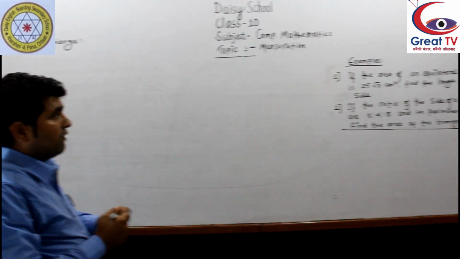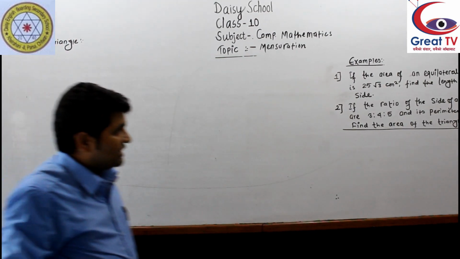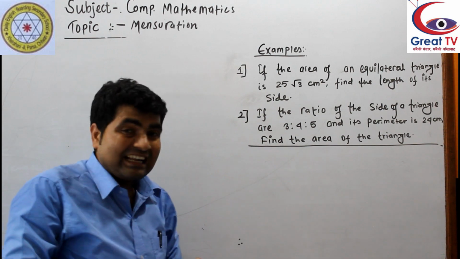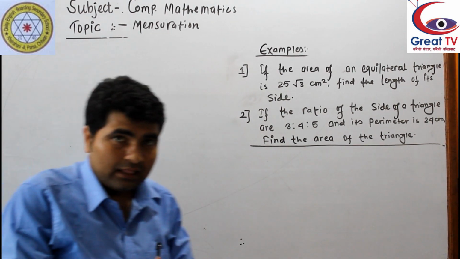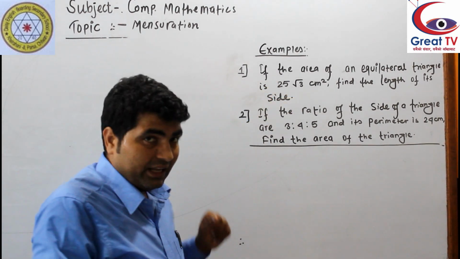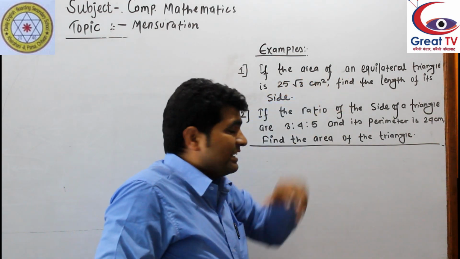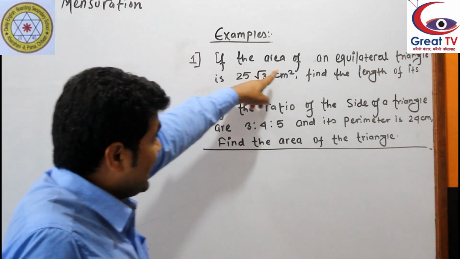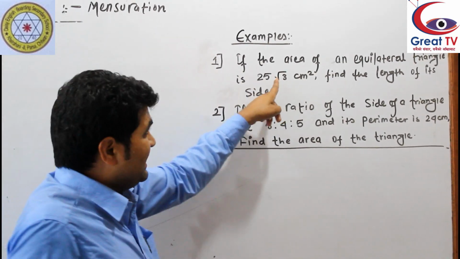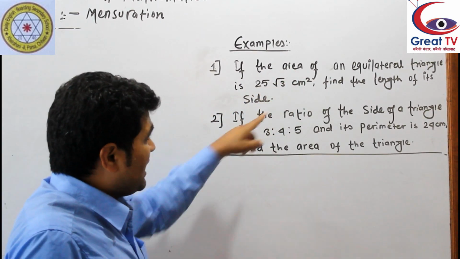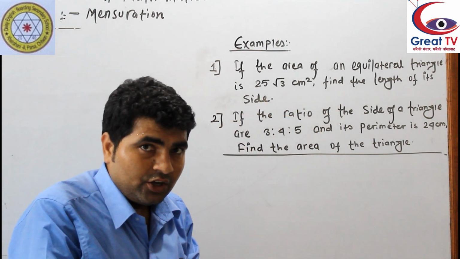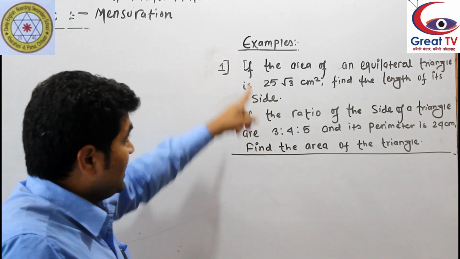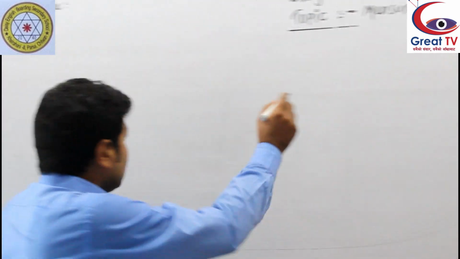First one: if the area of an equilateral triangle is 25 root 3 cm square, find the length of its side. Length of its side, that means all sides are equal. So this triangle is an equilateral triangle. How do we find the length of its side? Here the area is given. The given part is its area and the part to find is its side. There are 2 parts, one given part, another the part to find. So dear students, in the first question,